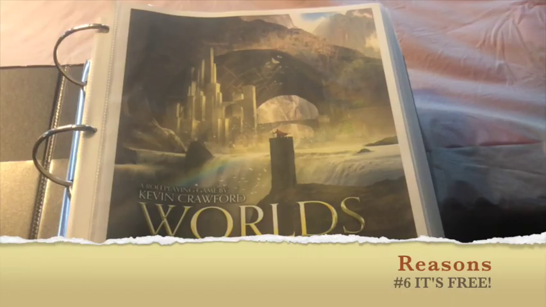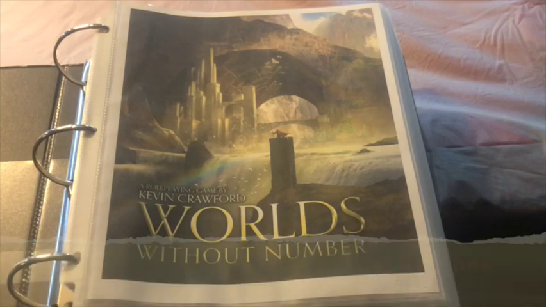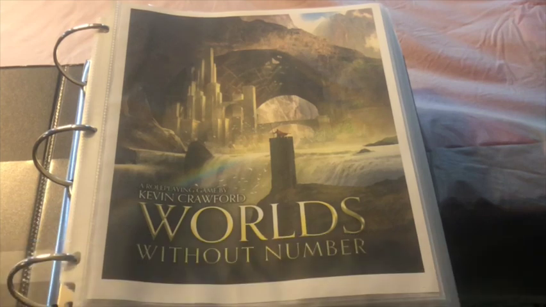And that brings us to my number 6 reason that Worlds Without Number is a great gateway game. It is free. That's right. All of the content that I have talked about today so far is completely free. Now, you can get a deluxe copy of the PDF, which adds something like 40 to 60 pages, I can't remember exactly how much, which adds some additional class options and some world building materials. But all the GM tools, all of the system, the core, the monsters, all that is in the regular book